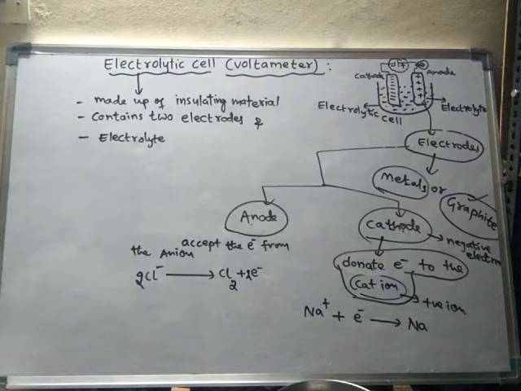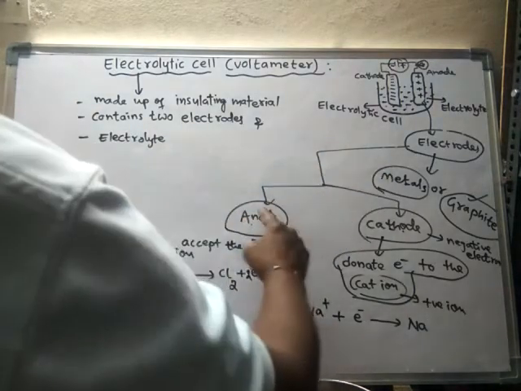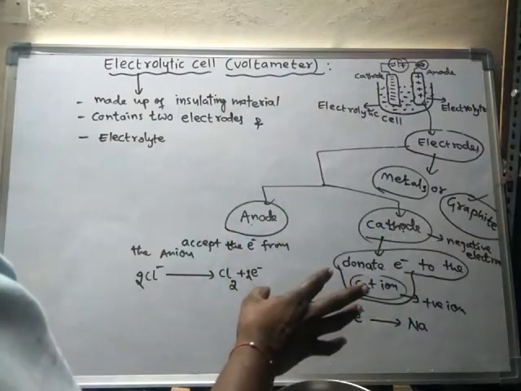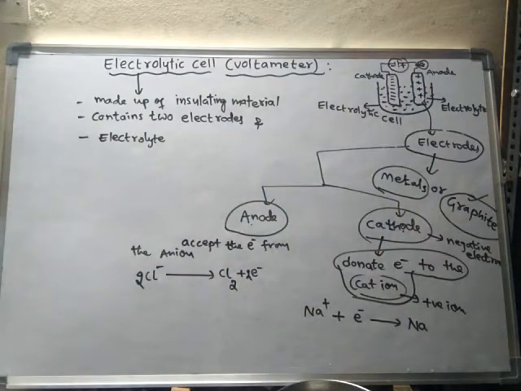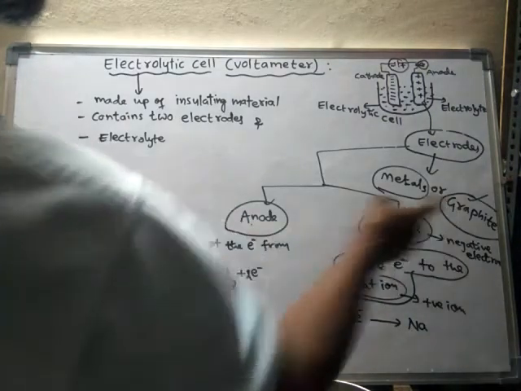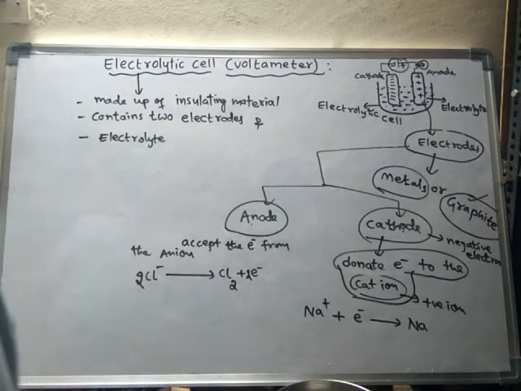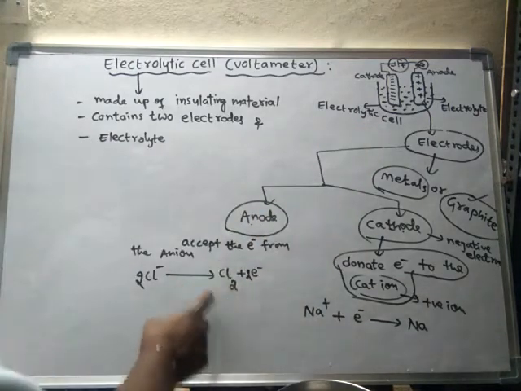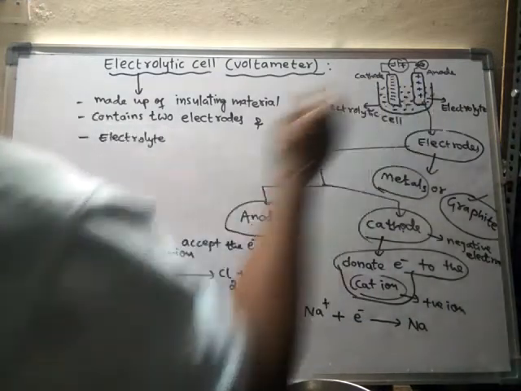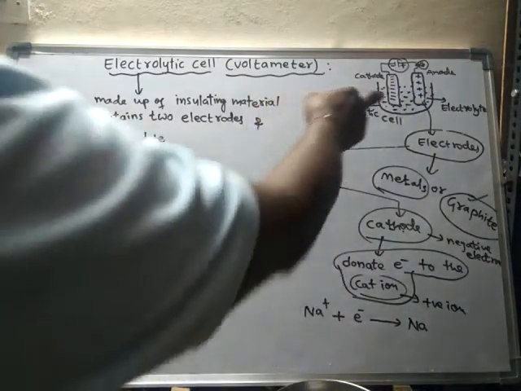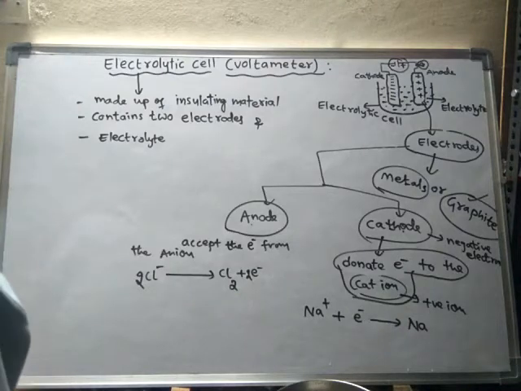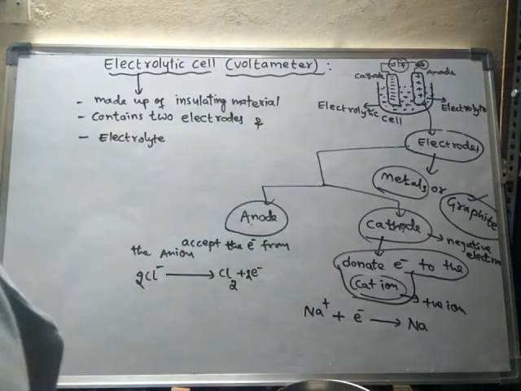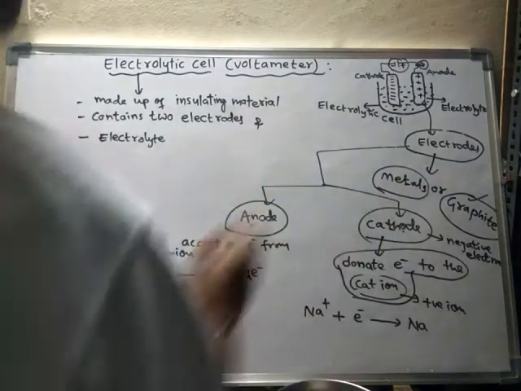So like this, the electrodes, anode and cathode, can be discussed. In general, metals are used as anode and cathode, but under certain circumstances, graphite is used. Under what circumstances is graphite used? If the products formed during the electrolysis process react with the metal, then that metal cannot be used as an electrode in such cases. So instead of using metal electrodes, we use graphite electrodes.